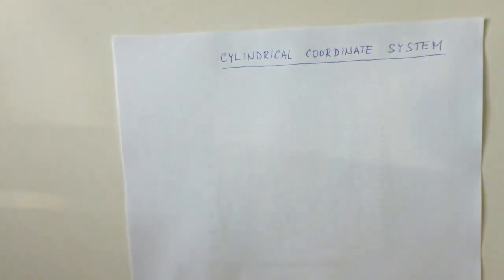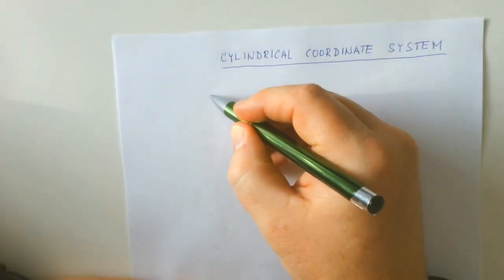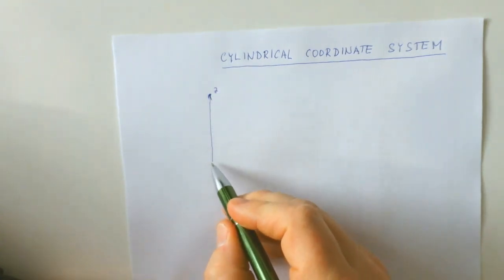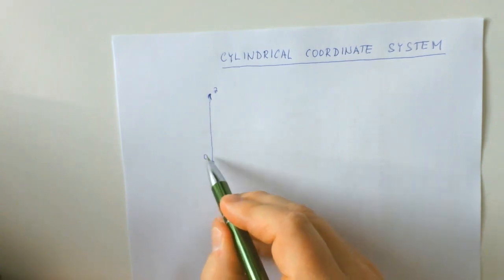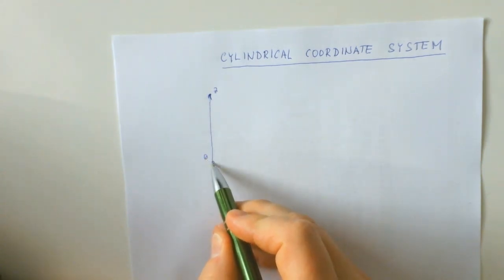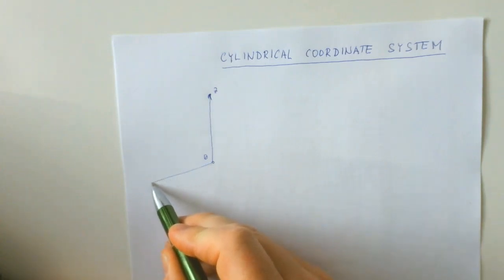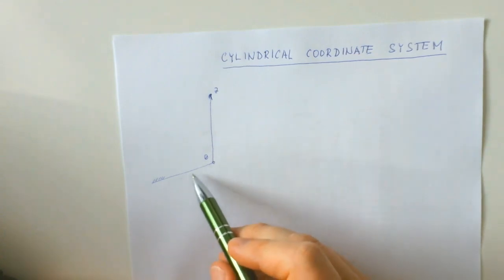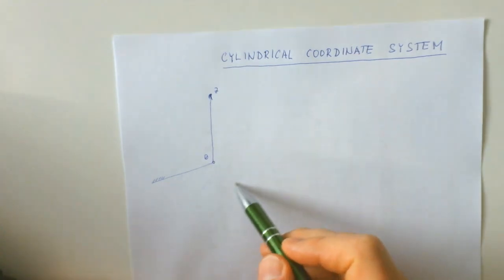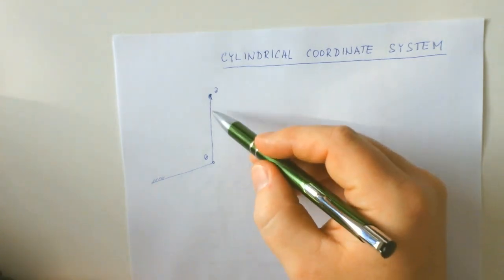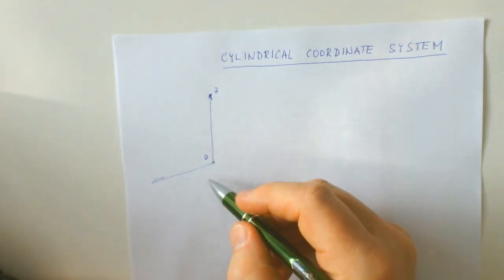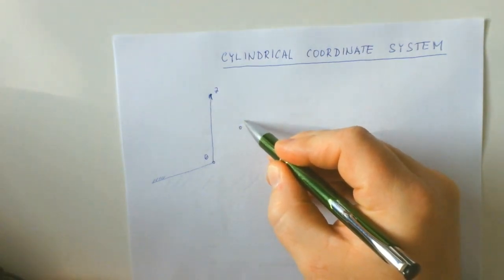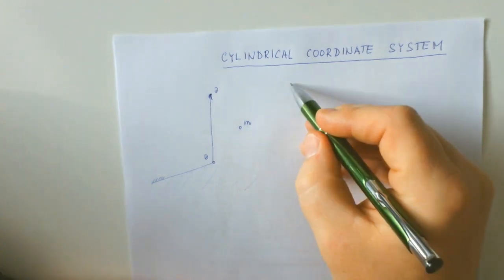The cylindrical coordinate system has a z-axis and an origin of the coordinate system, and we can choose some rigid, fixed line in space. Let's consider that there is a plane which is perpendicular to the z-axis. So if we want to define the position of a particle in this coordinate system,